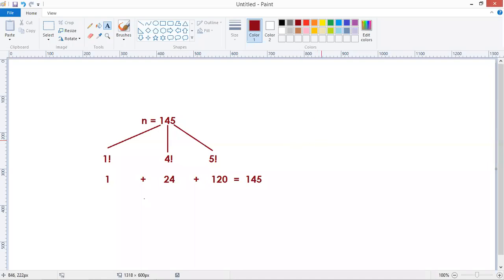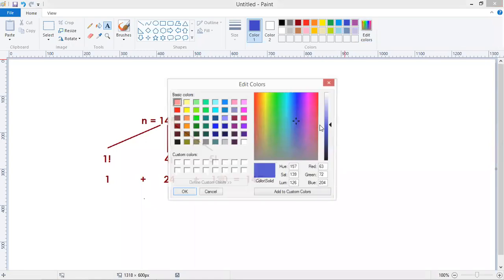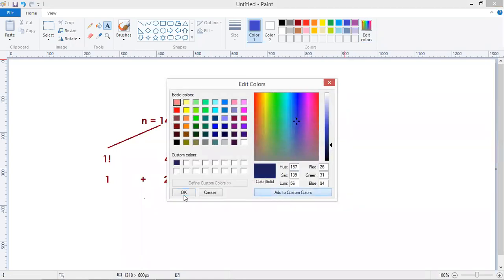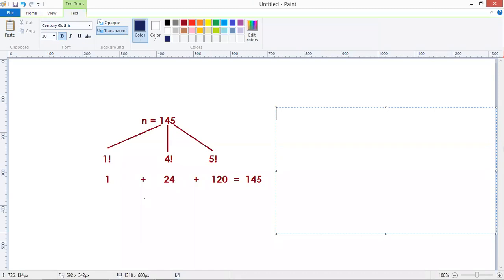How to get individual digits? Just simply we are finding the digit. First, find the digit, by performing the remainder operation. Next, find the factorial of that digit.